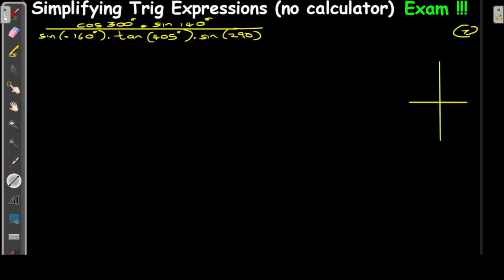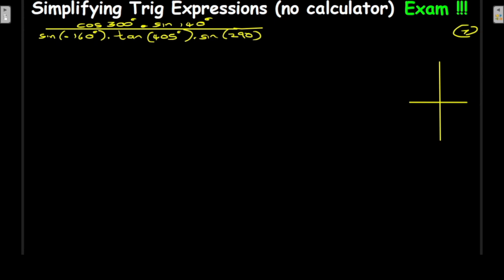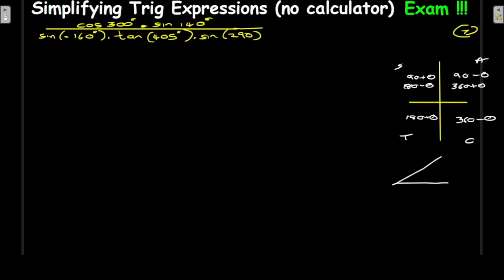I've discussed a lot on this CAST diagram and what you need to know, as well as the special angles that you can just know from two triangles. So the question that we were given was cos 300 times sine 140, all over sine negative 160 times tan 405 times sine 290. All right, so first of all, as I already said, you need to construct your CAST diagram and your